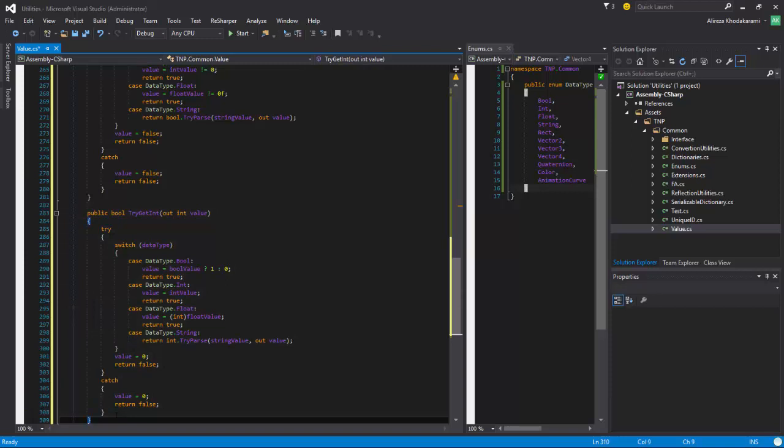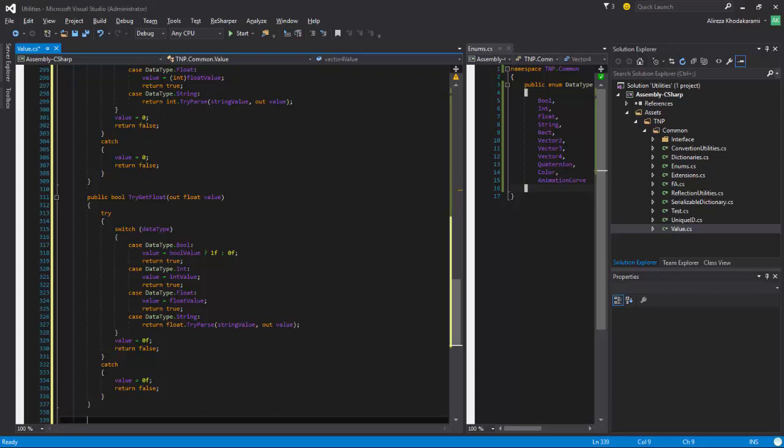Copy this one, paste, and it's float this time. So if it's Boolean, we add the floats. Then if it's int, we typecast it to float, and it's redundant. Otherwise, we send in the float, and here we typecast to float that try parse, and 0f and 0f. Cool. Now for the string,